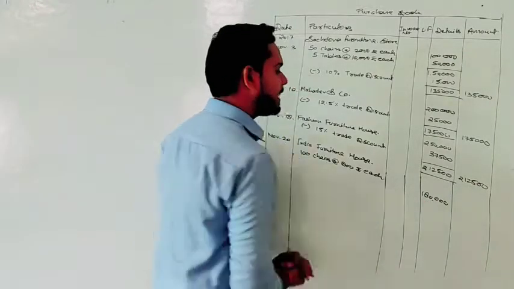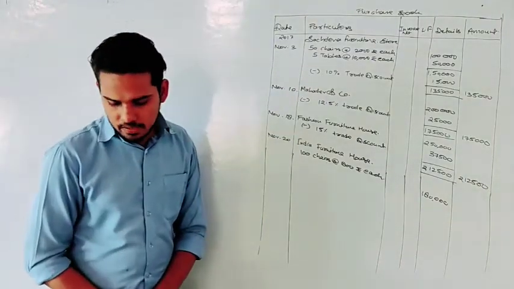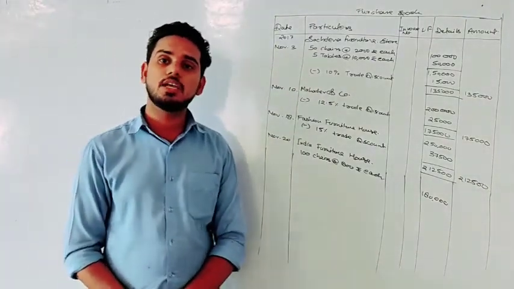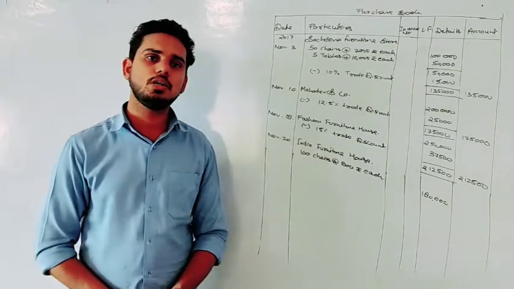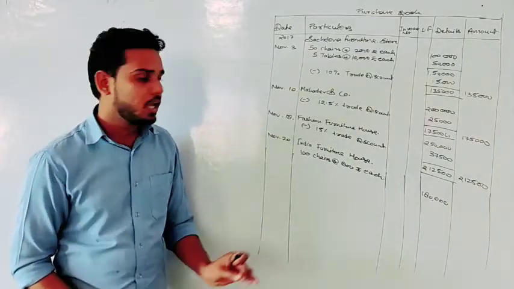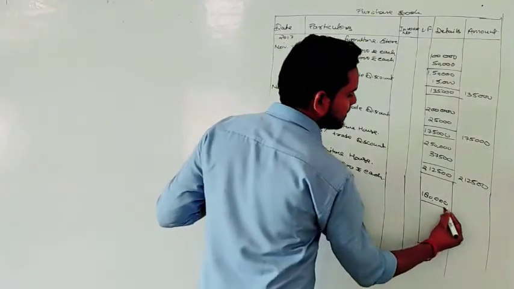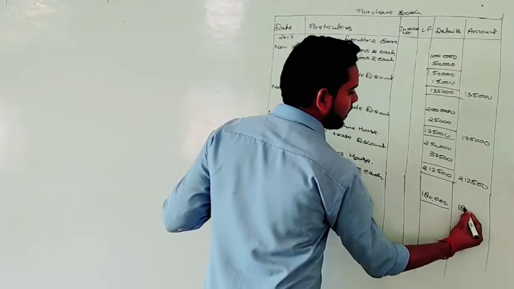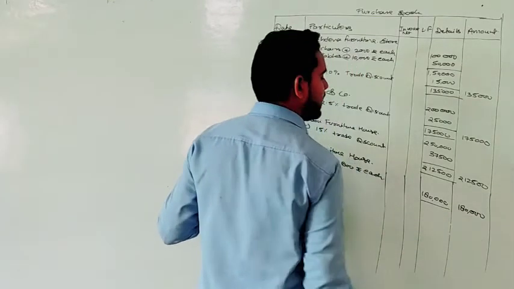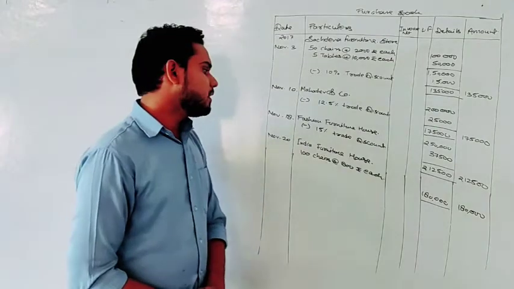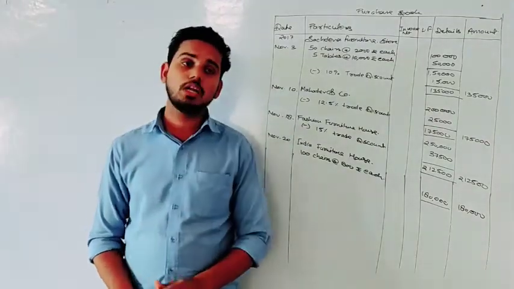So this will be 1,80,000 of purchase, and then no trade discount is given, right? So if the trade discount is not there, you don't need to make any deduction. You will write the exact amount here in the main column. So 1,80,000 is done. Okay. Then next we have is on 25th of November.